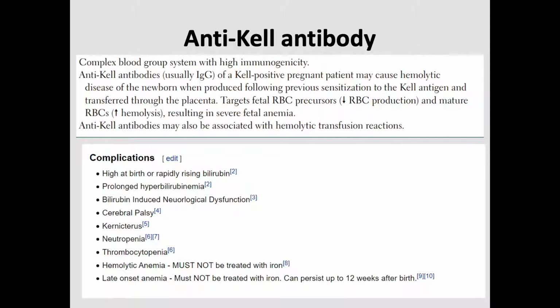Also, there may be some minor antigens other than rhesus. For example, the Kell antigen can be present in some patients, and this can also induce severe complications in the fetuses, because again, Kell antigens are exposed in the mothers. They develop immunoglobulins against Kell antigens, and this may cause the same or even worse reactions during another pregnancy. You just need to know this type of antigen, because we of course always